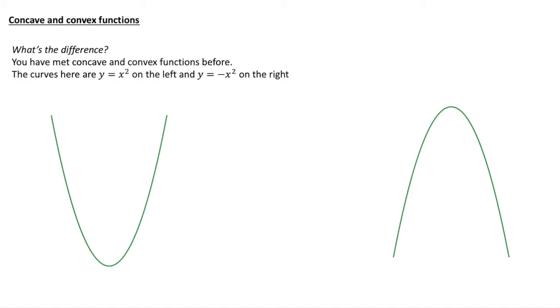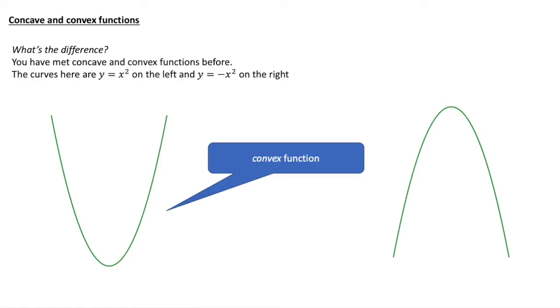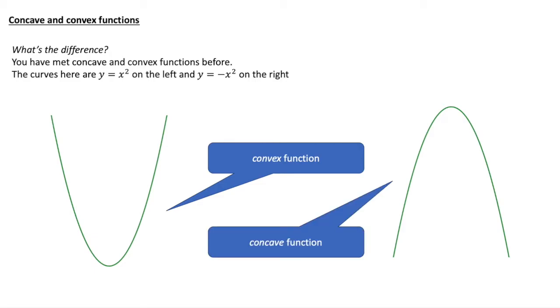First we're going to look at what concave and convex functions are. What's the difference? Well, you have met them before. We can see the curve of the function y equals x squared on the left, and we have y equals minus x squared on the right, at least the shapes of them. There's an obvious difference between them, apart from them being upside down in terms of values. The shape of them is upside down compared to each other. So it turns out that x squared is a convex function,